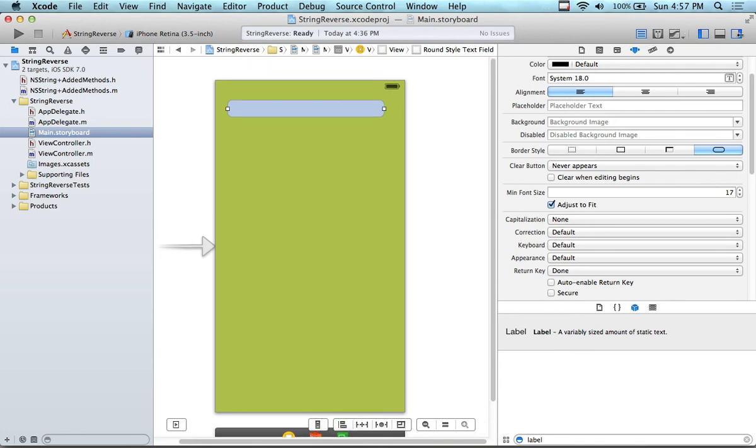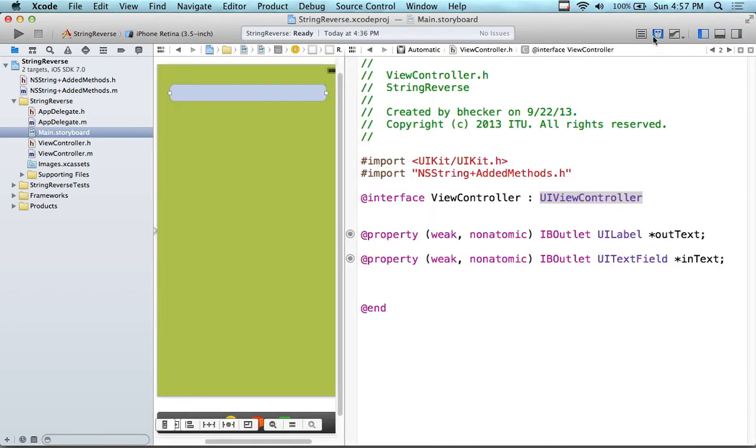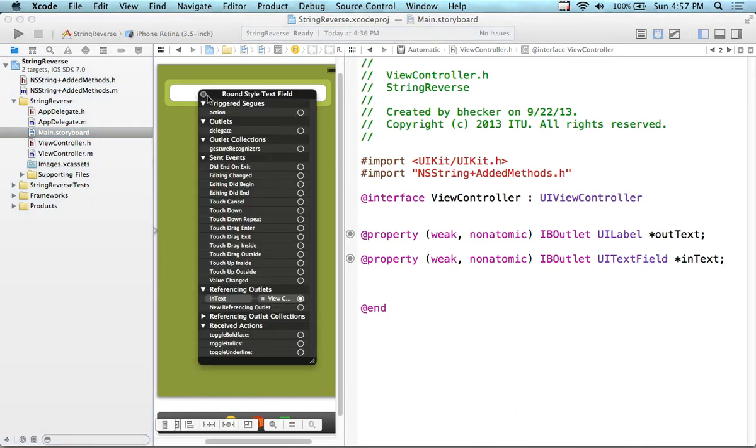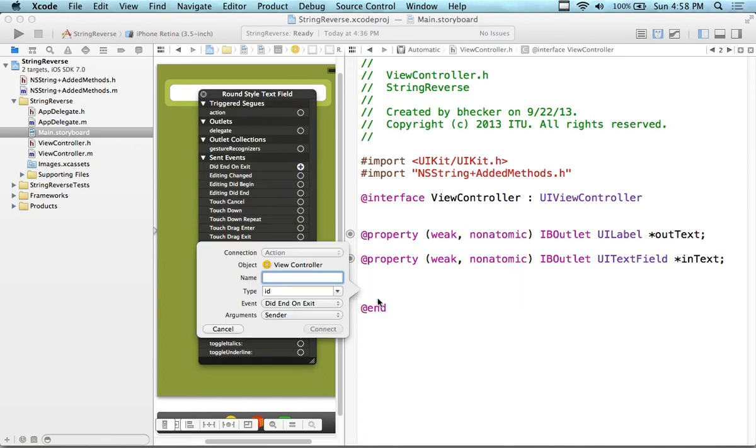So if I click on the little text field, let me get rid of this one here for a second. Click on the little tuxedo item here. I have the two properties. I can also create an action that works with this. So if I right mouse click on this little guy here, I've got a Did End On Exit method. So I can resign the first responder, which is going to be the keyboard, which is really what the done is going to do. So if I drag this over here, I can just say finished,